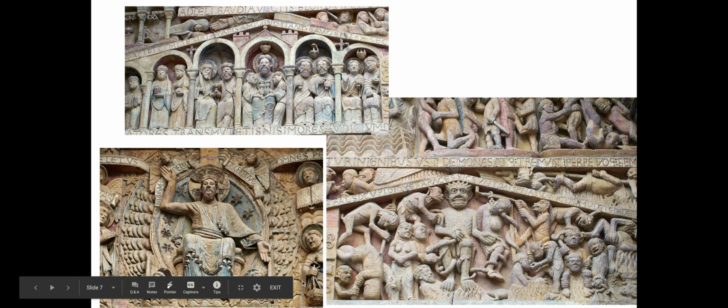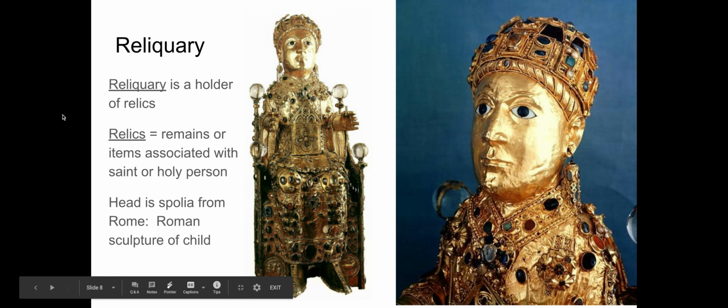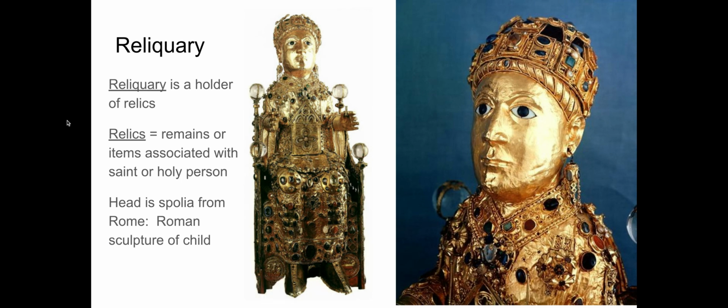And then, finally, we have the reliquary. The reliquary is a holder of relics, and relics are the remains or items associated with a saint or a holy person. So this is basically a wooden sculpture, but it has been covered in gold and silver gilt, G-I-L-T, and then stones, precious stones and materials in cloisonné technique. And the head actually comes from a Roman sculpture from the past. So it's definitely spolia, that the Romanesque Christians are taking that sculpture and using its head for the reliquary for